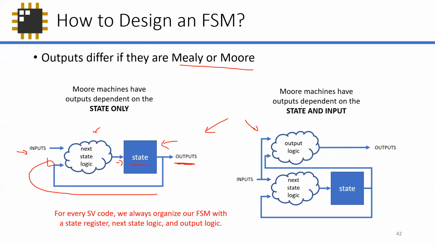Okay. For this should be Mealy machines. Okay. For Mealy machines, the outputs are dependent both on the current state and the input, right? So you have a separate combinational logic that takes an input and the current state, and then you present some output. But the next state logic is pretty much the same as the Moore machine, where you have an input and the current state, and you combine the two to determine the next state. Okay, so every time when you make a Mealy or Moore machine,